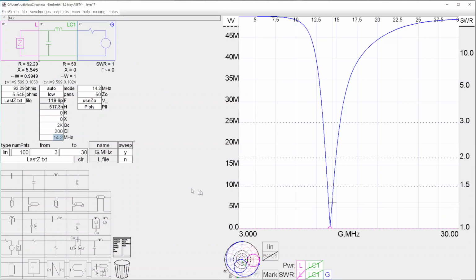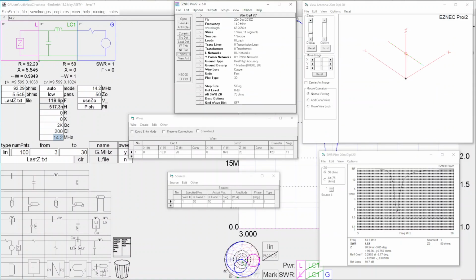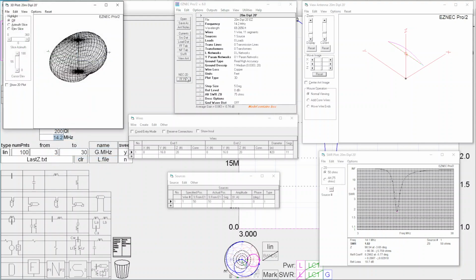So let's see what else we can find with EZNEC about our dipole. And let's run a far field plot of the actual radiation pattern. So here's a three-dimensional far field plot of the radiation pattern at 20 meters for this 20 meter dipole. So this is a single band antenna, of course. And if I wanted to see the